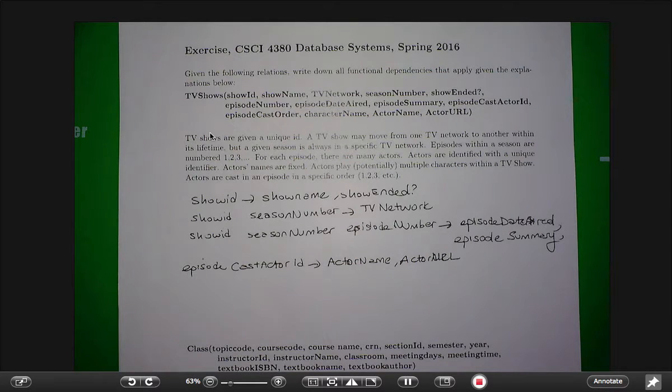Say it again. But is it unique? Like, can two actors have the same URL? I don't know. All right, so I haven't said it. Let's not make an assumption. In real life, most likely. Okay. All right. So what happens to